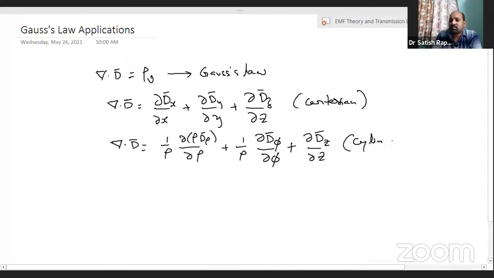This is the cylindrical coordinate system. And similarly, in the spherical coordinate system, this can be expressed like this: